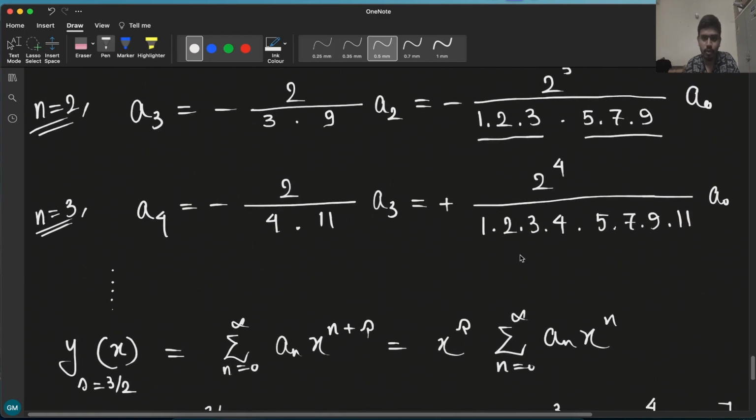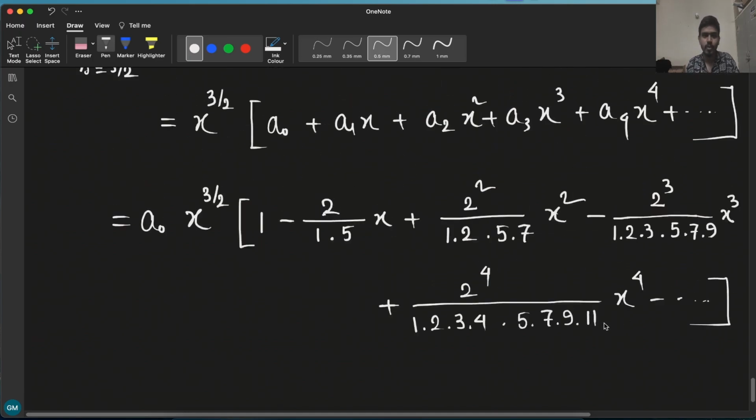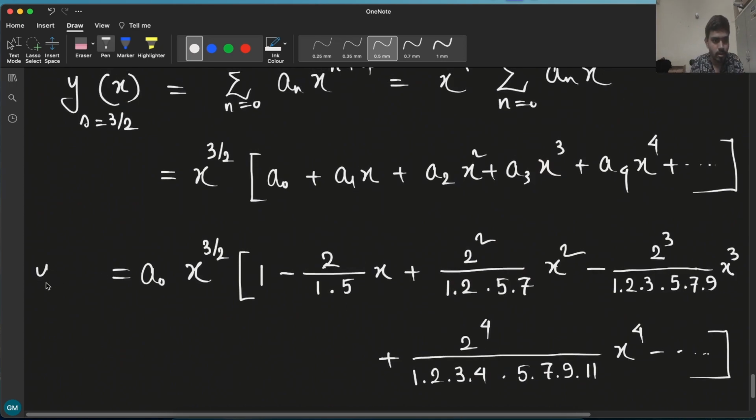a4 is this term, okay, so it is 2 to the power 4, just follow the pattern, 1 times 2 times 3 times 4 times 5 times 7 times 9 times the next odd term, that is 11, x to the power 4 minus dot dot dot all other terms. So this is our